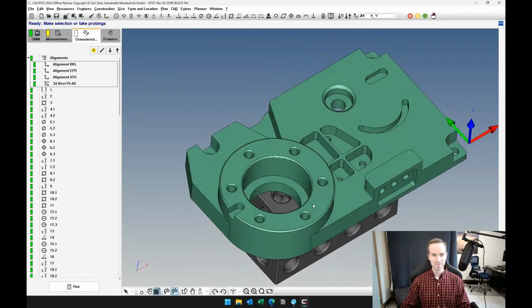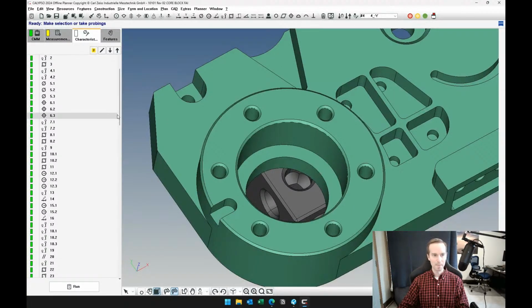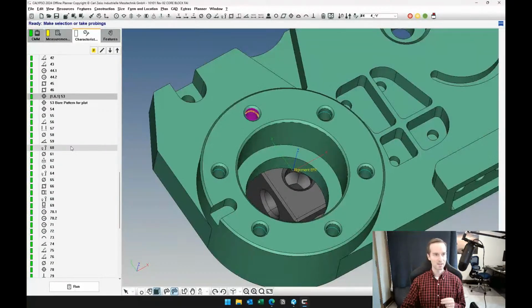So here we have the same part with a pattern of 6 holes. And this program is already done, so I can walk through what I have here, and then we'll start from scratch. So we'll move down our characteristics list here. Here we have two different position callouts. We'll go back to our drawing here, 53 and 54. So you do need to separate it as two separate characteristics. And then back in here,